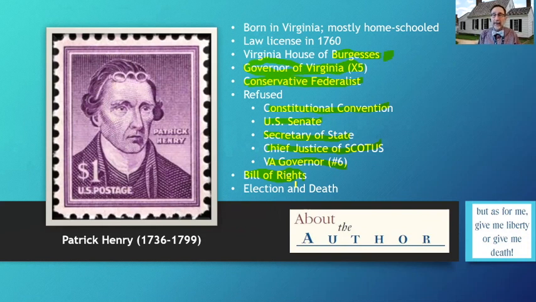Now, we know today that we have this thing called the Bill of Rights. It was the first 10 amendments to the United States Constitution. Originally, though, 12 amendments were proposed. Henry was against supporting them as they are, even though he was in favor of having them. So what happened was Virginia approved all 12, and only 10 actually made it.